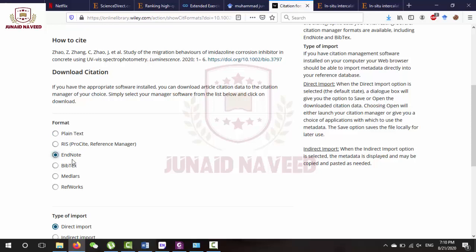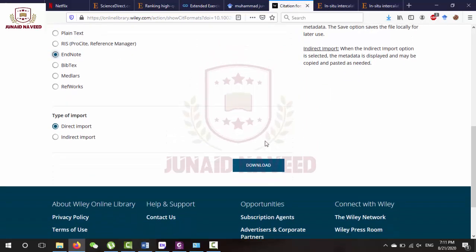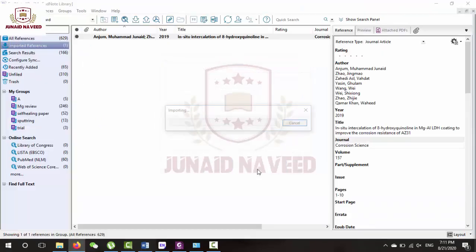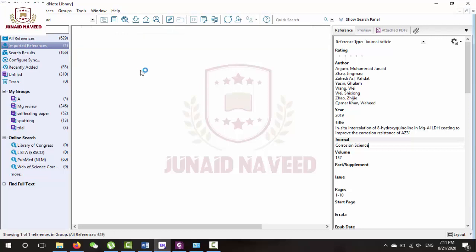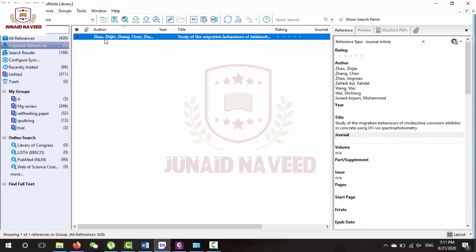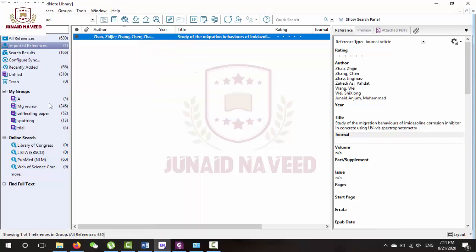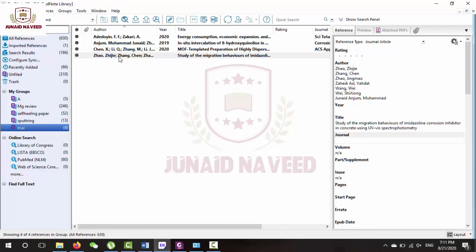If we click on that, you can see that here is the option of EndNote and also for RIS. But whenever the EndNote option is available, you will click on EndNote. You will not click on any other reference style, and you can simply download it. It will again ask, would you like to import it in your EndNote library? You will click OK. You can see that it will appear in the imported references tab. If you click and add the reference in the previously described manner in the trial folder, you can see here is the reference, and this reference is also available in the trial group.